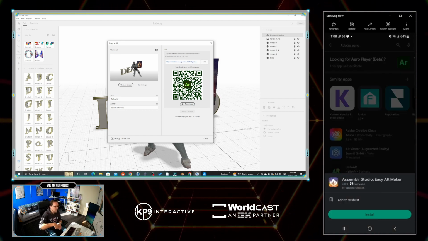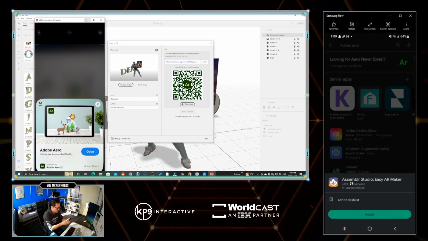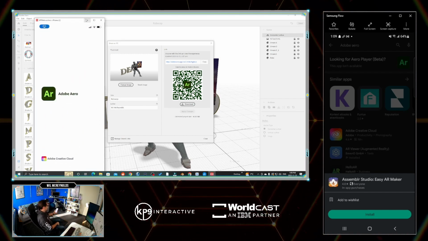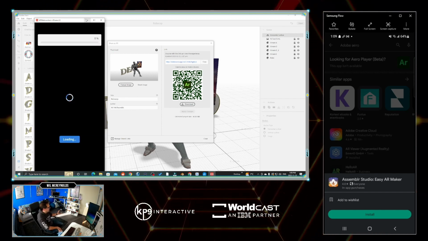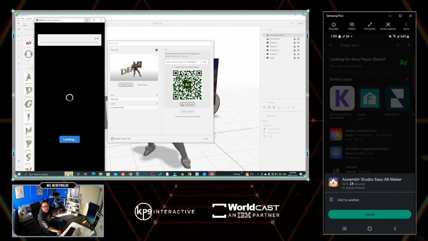So let's quickly do that. Okay, let's go camera. Share my screen here. All right, let's scan that QR code. Open. Let's get ready to place this. Okay. Now, before when I was testing this, one of my complaints was it asked for permission to